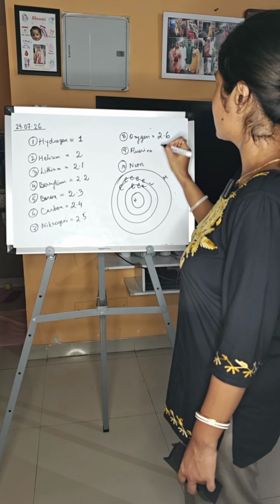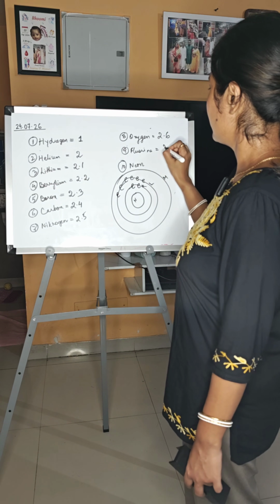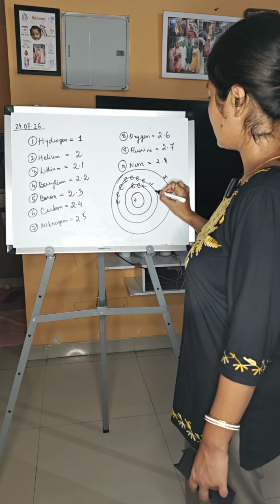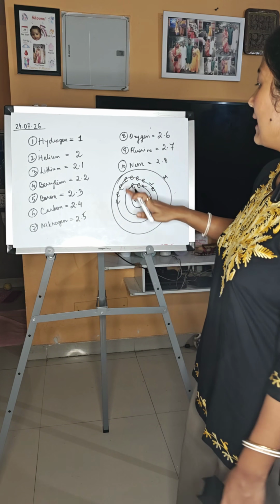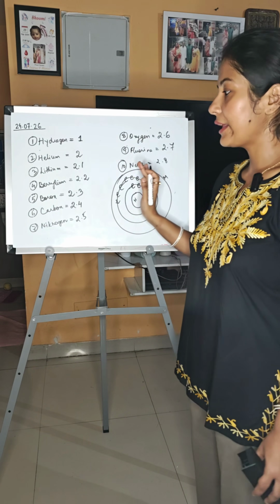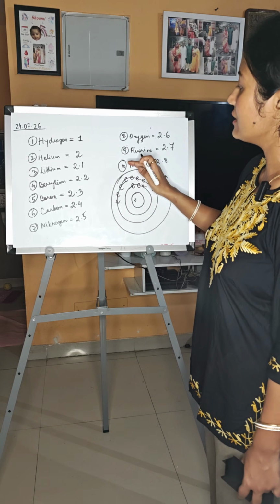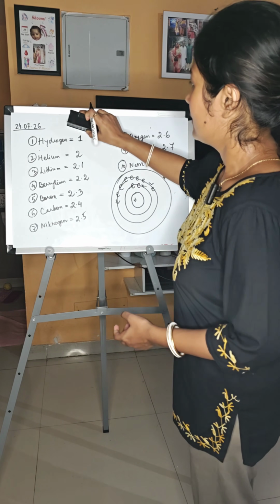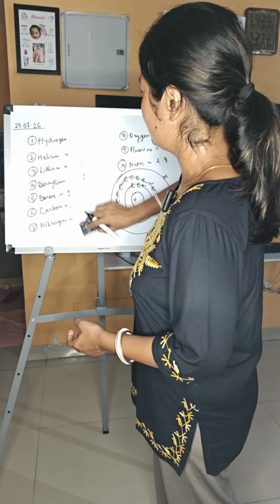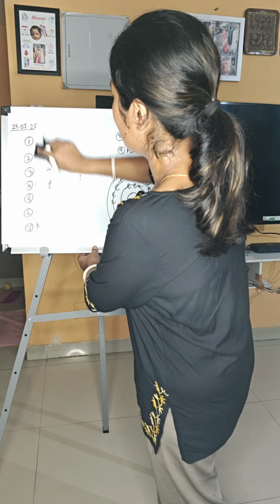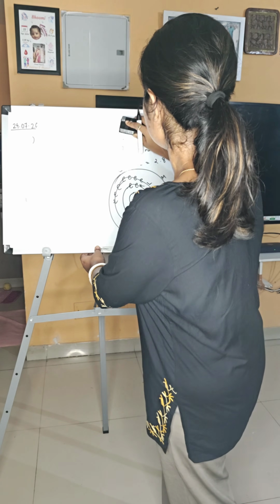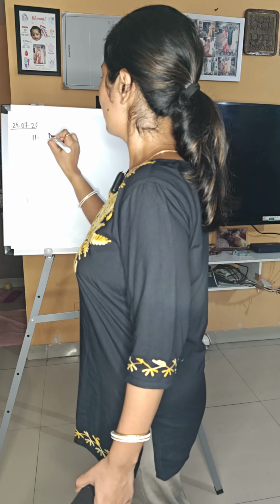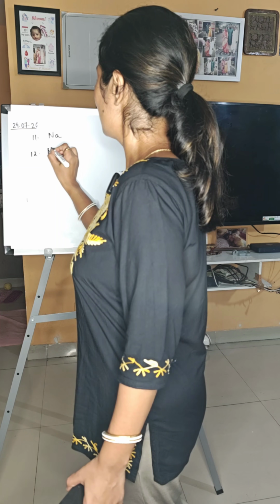Oxygen 2.6. Fluorine 2.7. Neon is 2.8. So now the L shell is full. It cannot accommodate further electrons. So after neon, when the atomic number is 11, that is for sodium, now we will go to the next higher atomic numbers, which is number 11 for sodium, 12 magnesium,